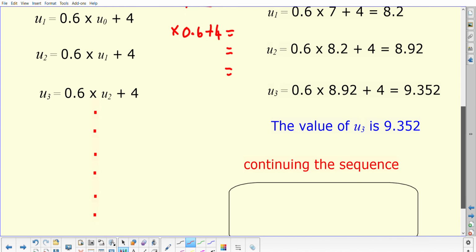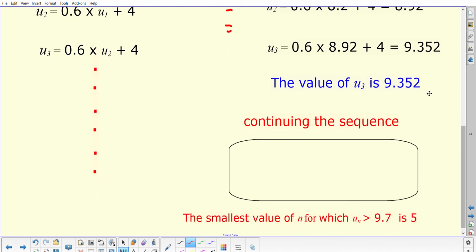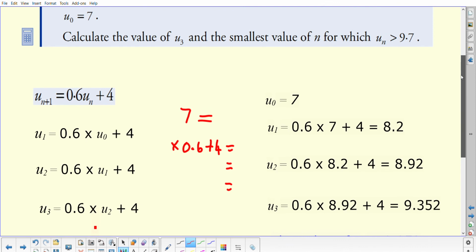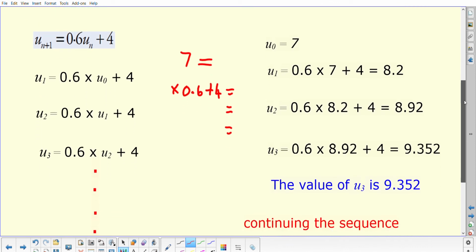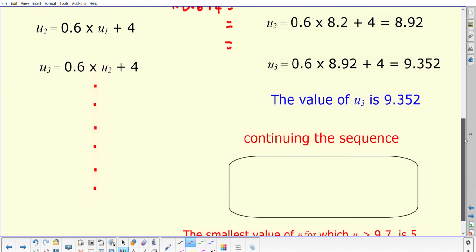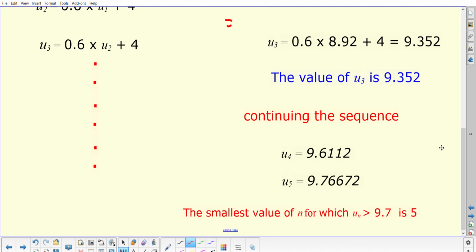So continuing that sequence down, the value of U3 would be 9.352, which is one of the questions. Calculate the value of U3, so 9.352. I've just left it because it's worked out exactly. I didn't do any rounding with it. If you continue the sequence, then you would end up with U4 equals 9.6112 and so on, your U5,